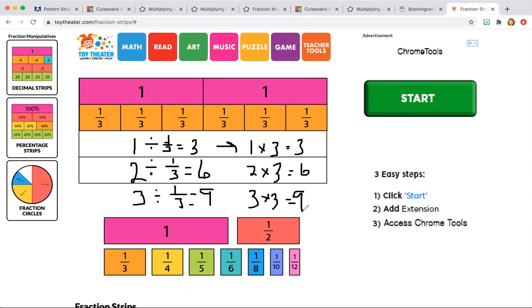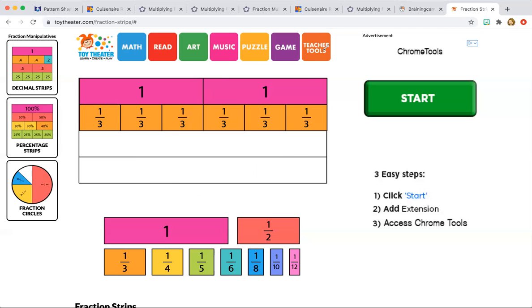So by using the tools and starting out with easy numbers, right? Numbers that we can easily see, and understanding this idea of division of how many can fit in, right? How many groups of 1/3 can we make if we have one whole? Then we get to see that's our measurement division. How many groups of 1/3 fit in? Each group is 1/3 long. How many groups do we have? How many groups can we make? Then we start to see this procedure of, oh, look, it's multiply by the reciprocal every time, multiply by the